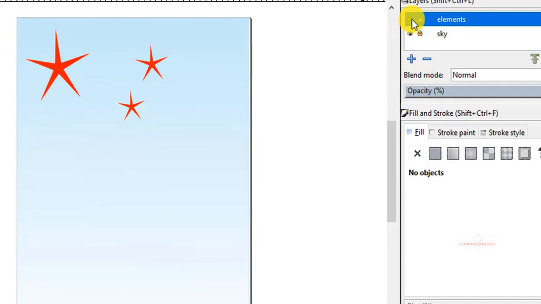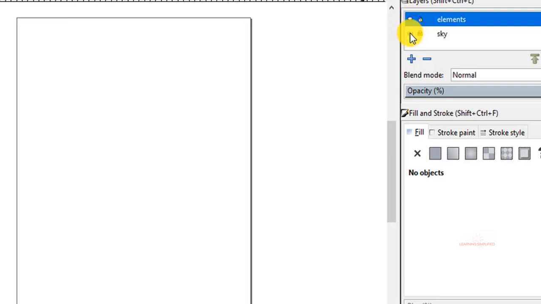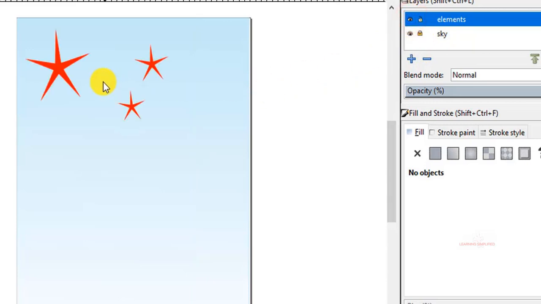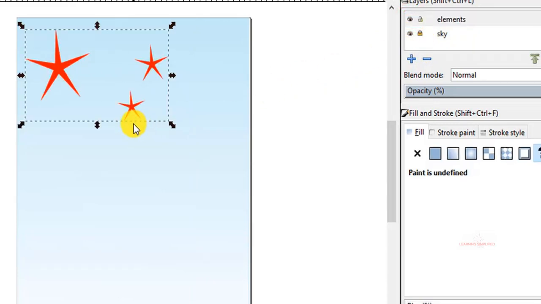Now if we turn this visibility off, we can see that only the stars are gone, and if we turn off this icon right over here for the sky layer, then we can see that the sky layer is gone too. So we are now working with two different layers here.